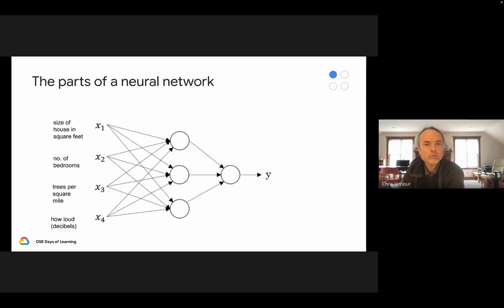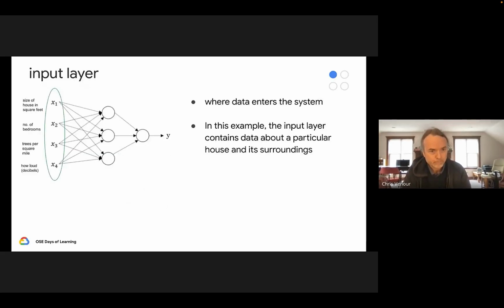So how do neural networks work? Let's take a look at their basic architecture. Some of this has been covered previously, but I thought I'd just go over the basics of the architecture. Let's say we're building a network that will learn to predict the price of a house using certain criteria. So neural networks have an input layer, one or more hidden layers, and an output layer. In this example, there's just one hidden layer, but most neural networks have multiple hidden layers.